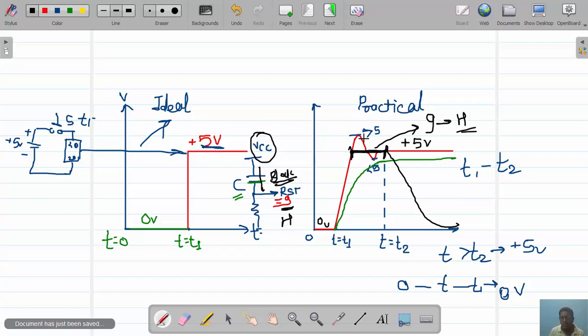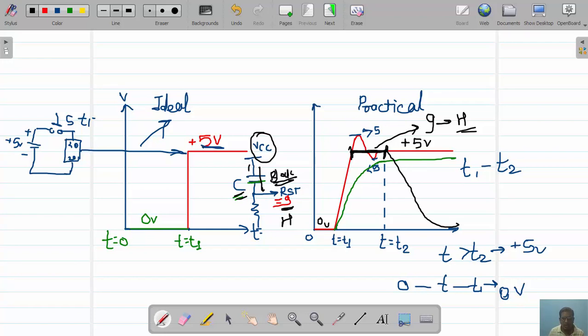So whatever the variations are there, these variations are not going to have any effect on the microcontroller. Okay, so this is what is called a power on reset circuit. Simple. Between T1 to T2, the supply voltage is going to vary. After T2, the supply voltage is going to attain a constant value. So during these variations, the capacitor C is going to charge.